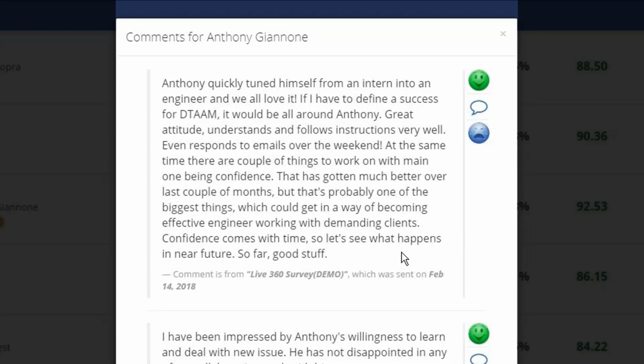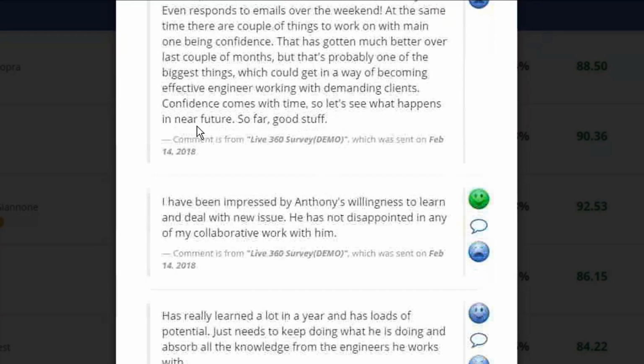And these, once again, are only effective if people trust anonymity. If you do not have an anonymous platform, not only will these be overly positive, but they will be filled potentially with fluff. And so in order to get the real radical candor out of the organization, we need to have this anonymous system. So you will see the comments, but you will not see who they are from.